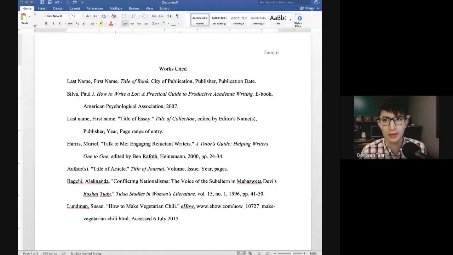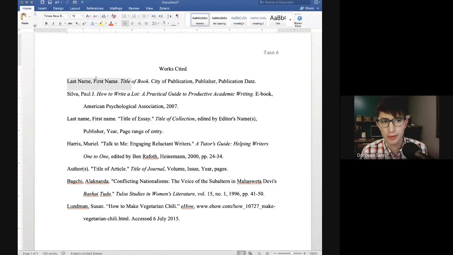So, what I'm going to do here is share an example works cited page. Some of these citations are drawn from that Purdue OWL website. And I'm going to talk you through a little bit about what you need to know. This can be a nice reference for you as you work on building your own works cited pages, whether it's in this class, whether it's in a writing or a literature class, or beyond as well. So, in just a moment, I'm going to share a screen here that I hope will help you see a little bit about what we're doing.